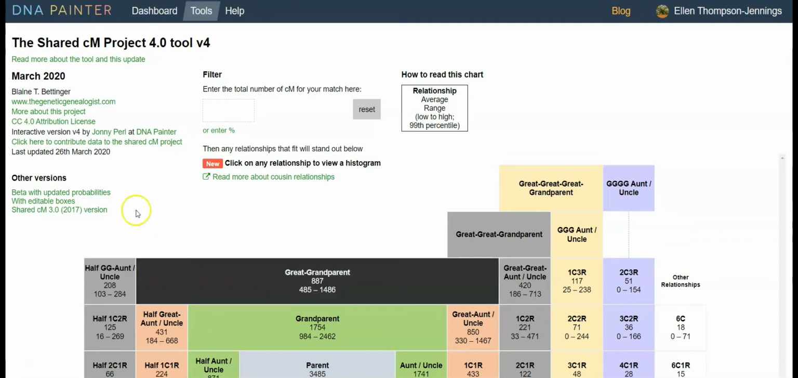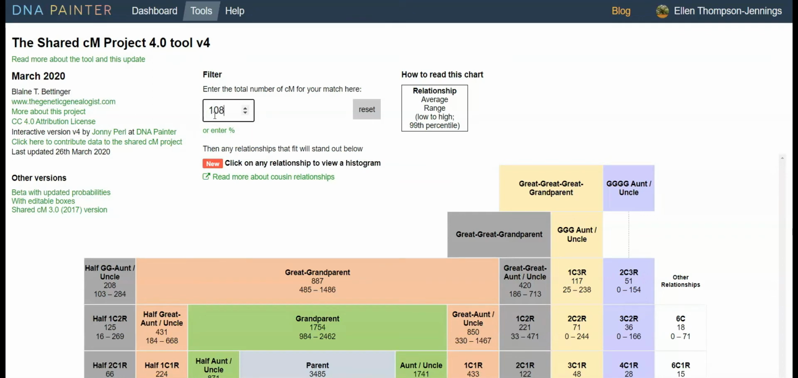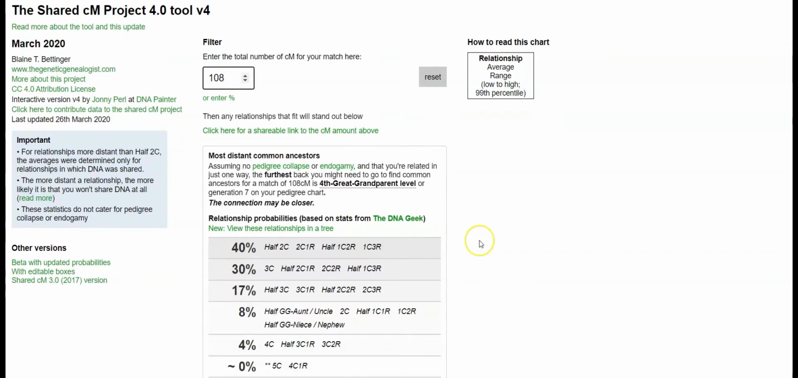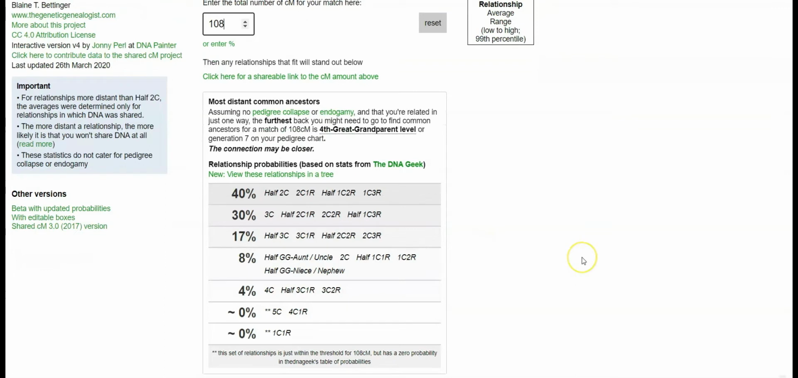is 108 centimorgans, and I know that this match is something to do with the beaten bat mystery. So you see, by adding 108 centimorgans, that there is a 40% chance that it's a half second cousin, a second cousin once removed, half first cousin 2 times removed, and a first cousin 3 times removed. Now it could be one of the other potential matches or relationships, but this is the highest odds is the